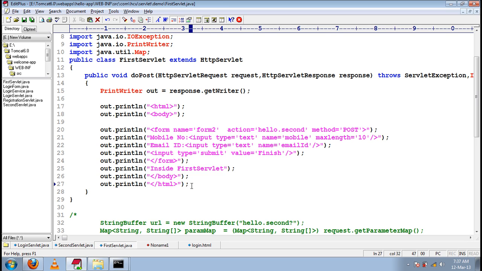No. Once the execution of the first servlet is completed, that means once the doPost of the first servlet, after the last statement of the first servlet, I should expire my cookies. I should expire the cookies in the first servlet. What can I do?